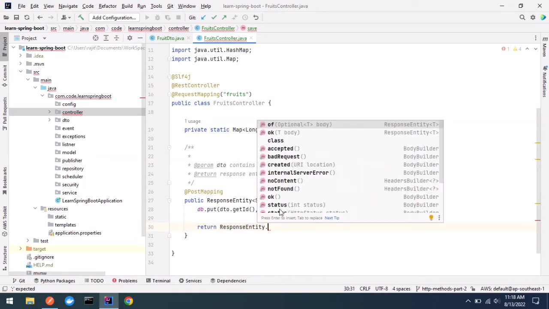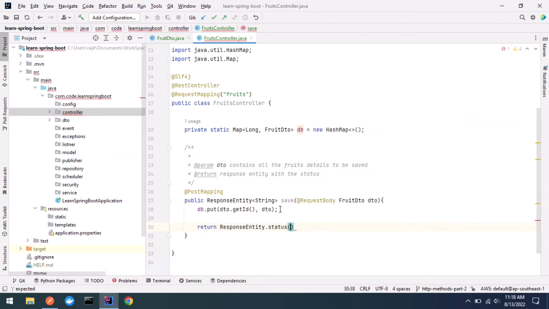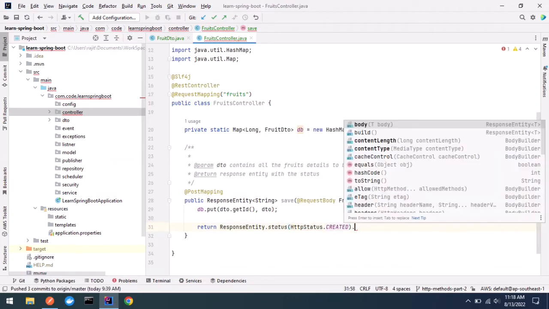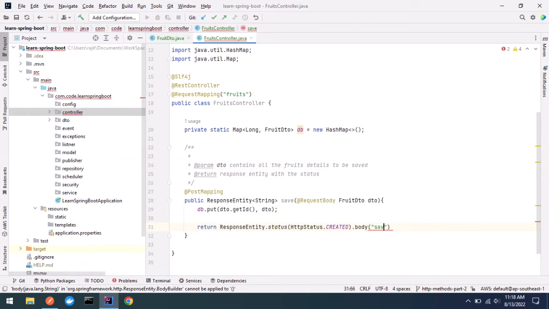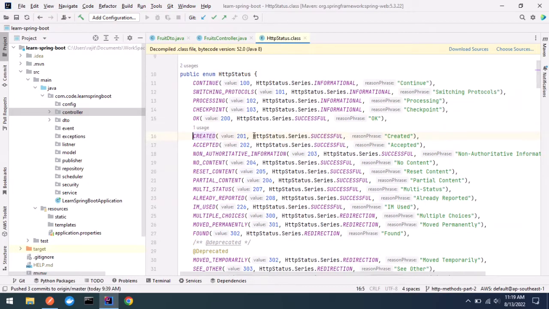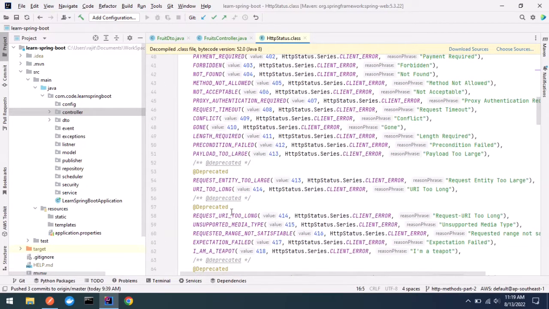Basically with response entity we need to set what the status is. If it is successfully saved, then we have to use HTTP created. These are required when we are writing microservices, because a front-end developer or other services are using your service, then they need to know what is the exact output of the HTTP method, and this is the HTTP status. You can see a lot of HTTP codes there,